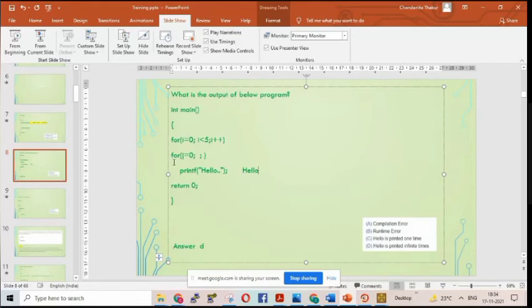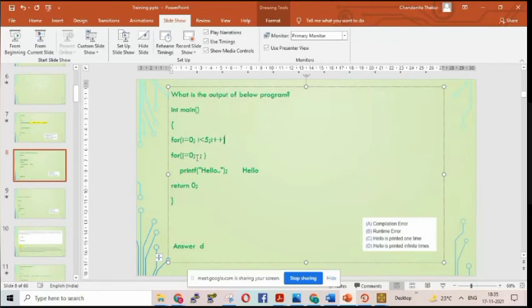Next time. This is called a nested for loop, which I will teach you in the next class properly with all the outputs. But because I have asked you, up to one level I will give the answer, then we will summarize the session. So i will be incremented, so it will become 1.